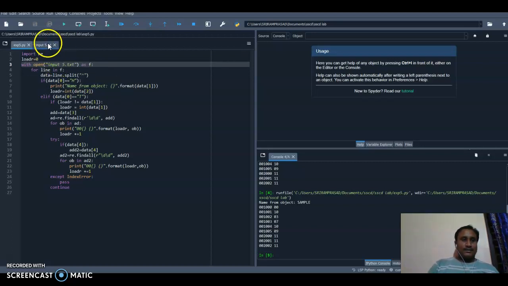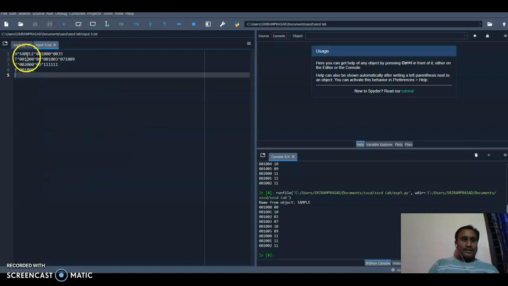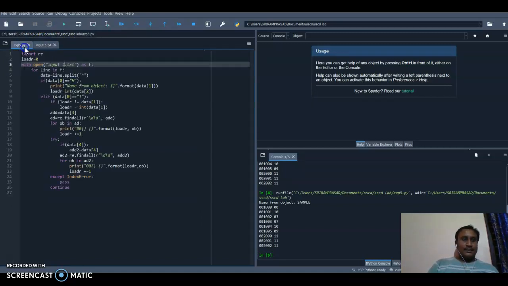And let's see the sample input, and the sample input is here. Let's run the program, and the output is name from object sample